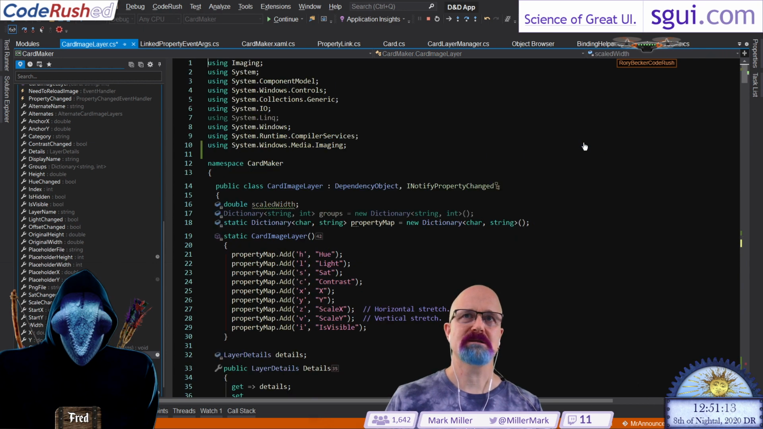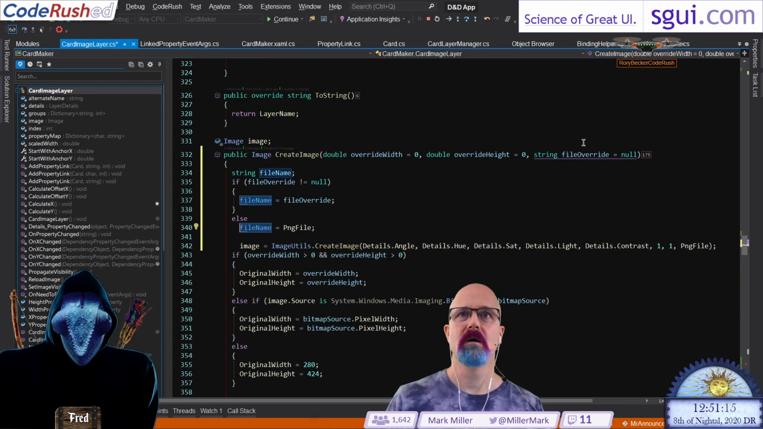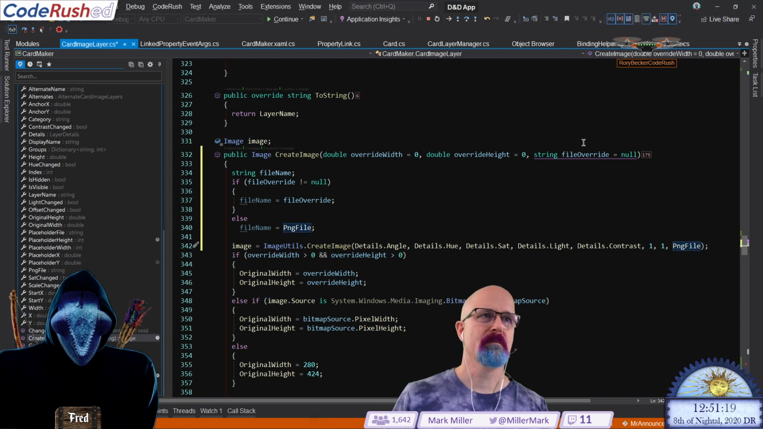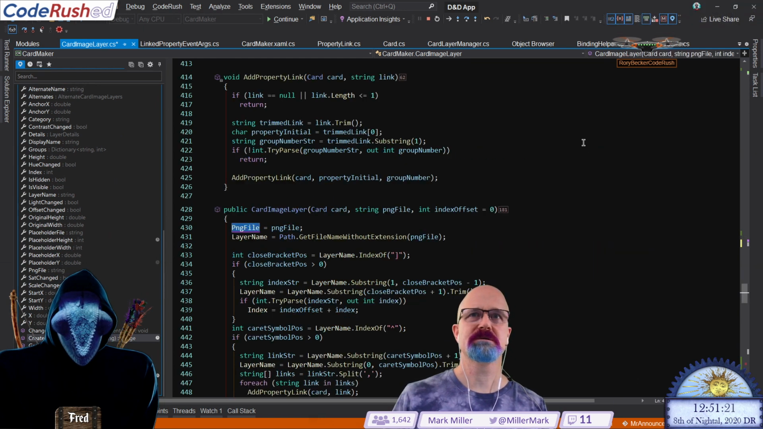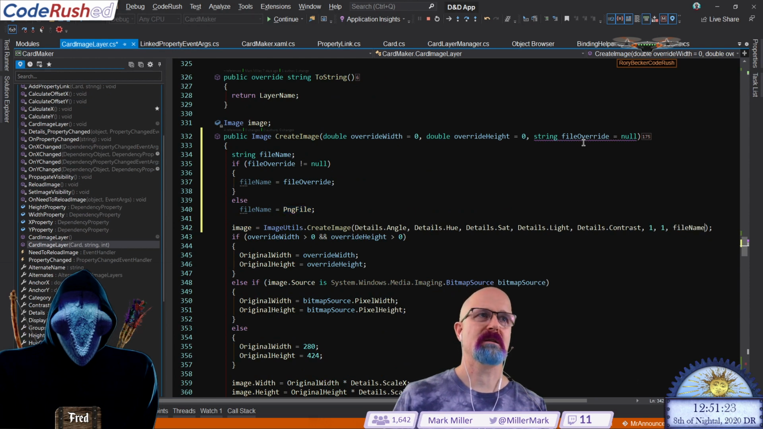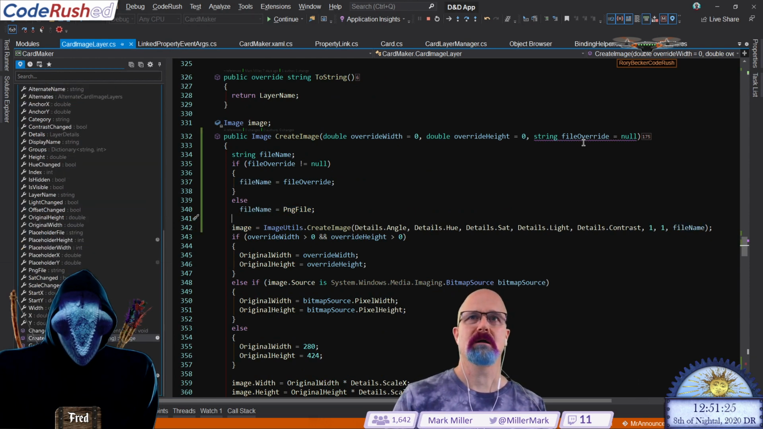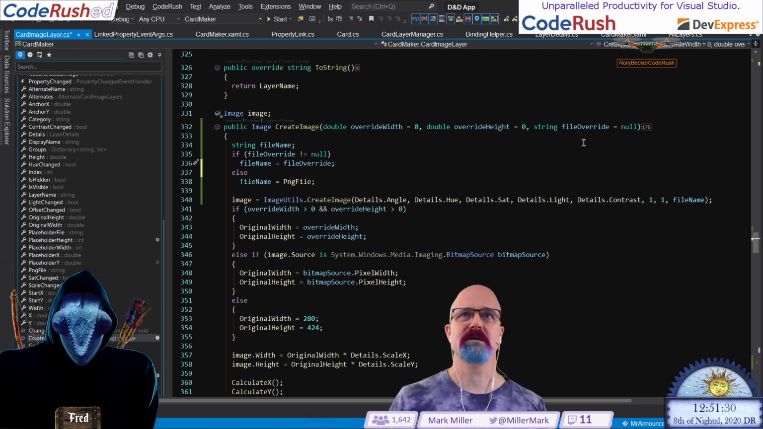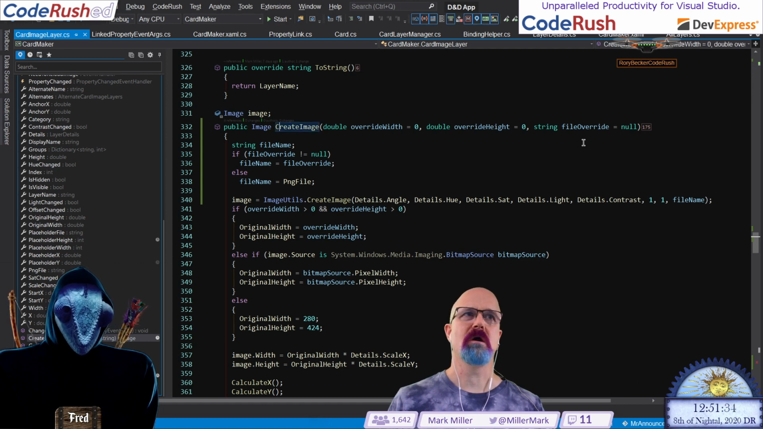And then I want to pass in file name right here. Am I using this anywhere else in here? No. Right there. Okay. Let's kill the app because it's not going to let us do these changes during edit and continue. And now in my create image call,